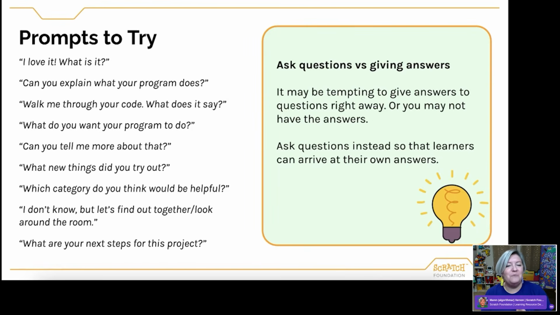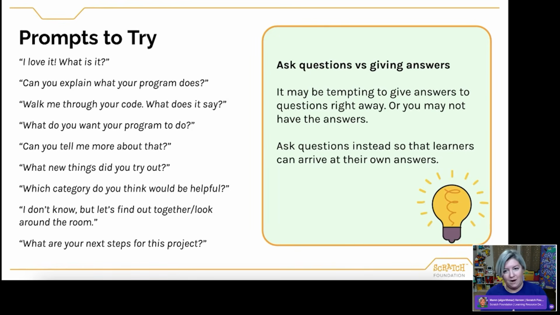When learners are faced with problems or bugs in their code, it can be really tempting to give answers to questions right away, or you may not even have the answers, right? So one of the things that I encourage you to do is to ask questions instead of providing answers so that learners can arrive at their own answers.